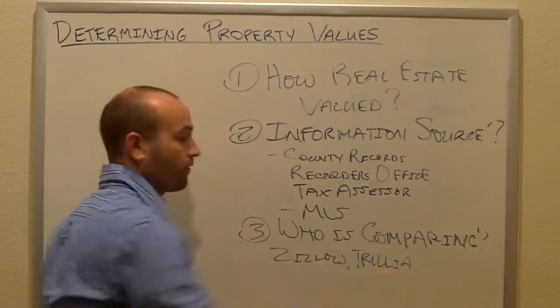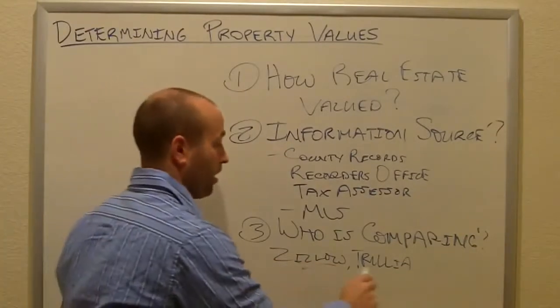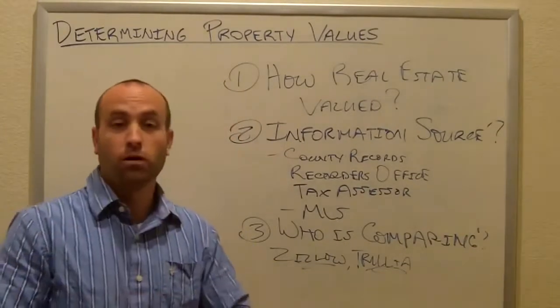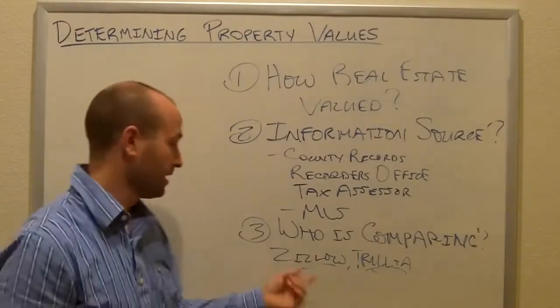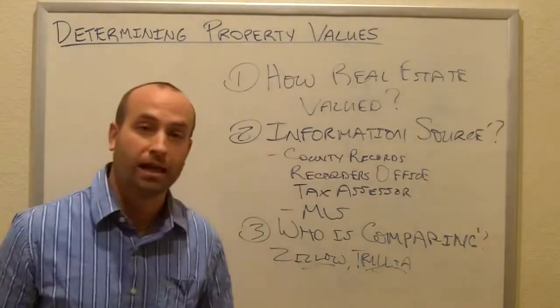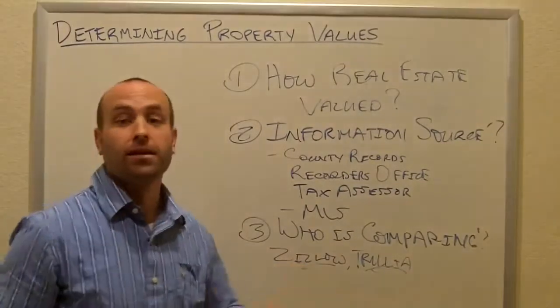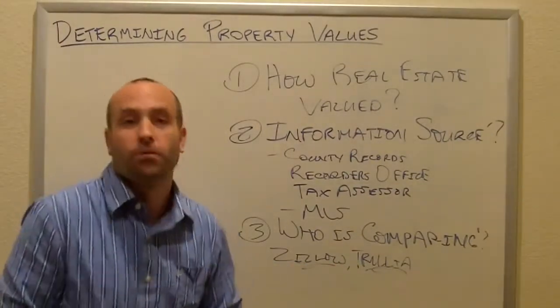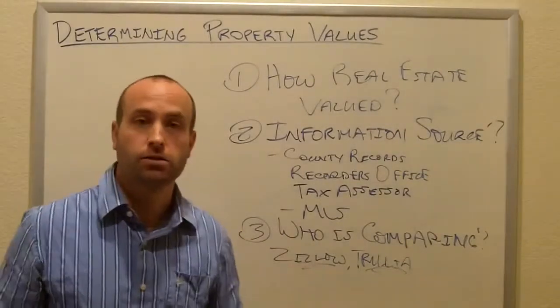I mean, Zillow, Trulia, they can be an absolute disaster on values. Now that can actually work for and against you. If the homeowner sees it and they think the property value is, say, $20,000 and it's really worth $100,000, and that's what Zillow said it was, that may actually help you in making an offer, but it could also work completely against you as well.